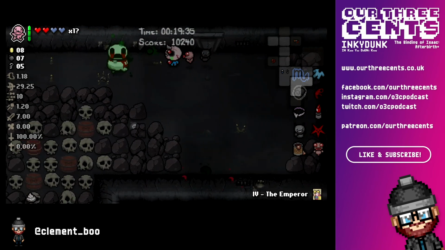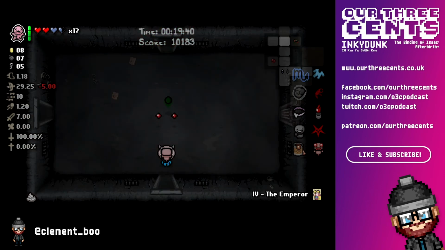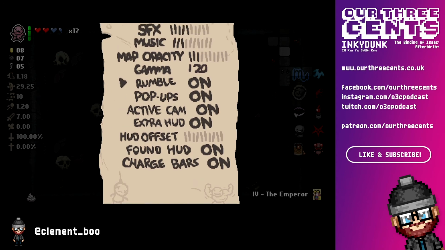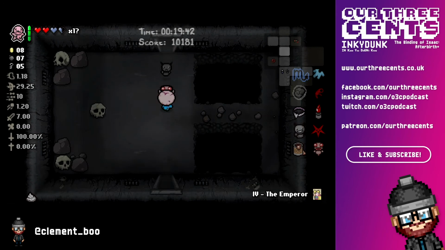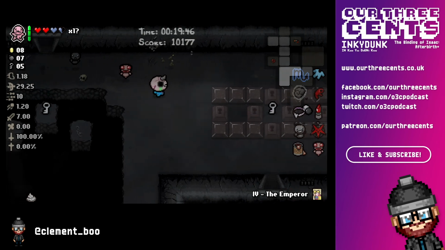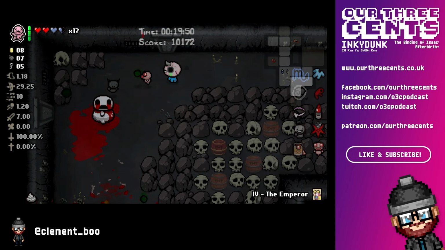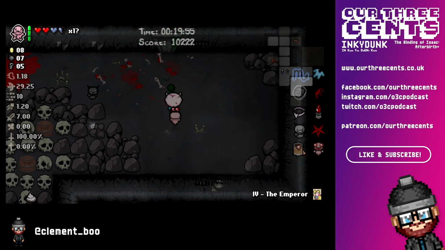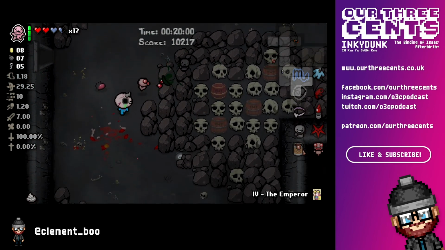Oh, that can mean one thing. Look at that shadow. Yeah, Wallmaster. Pain in the arse. Turned on the gamma just a little because it was so bloody dark I couldn't see what was going on. That's a bit better. There we go, much easier now that you don't have an enemy pushing you into a